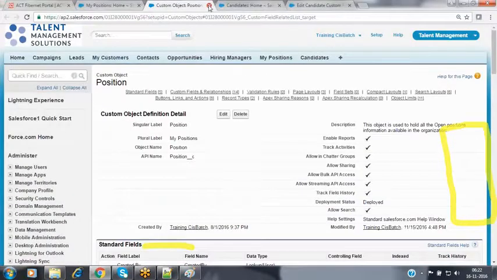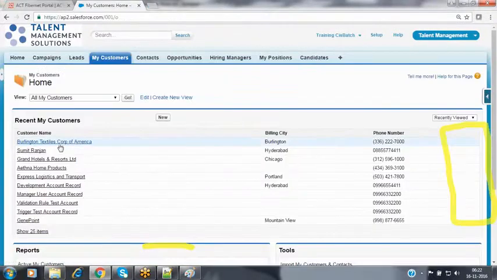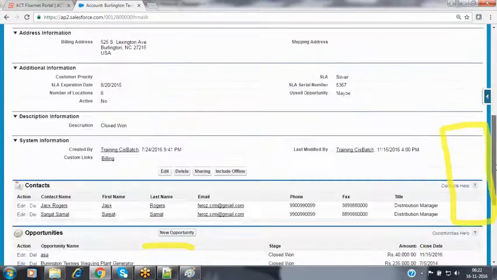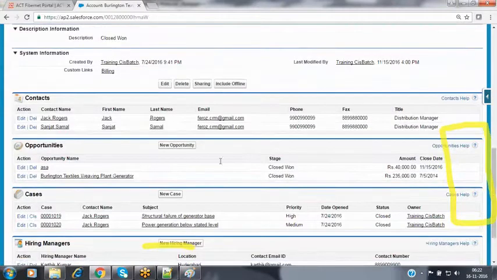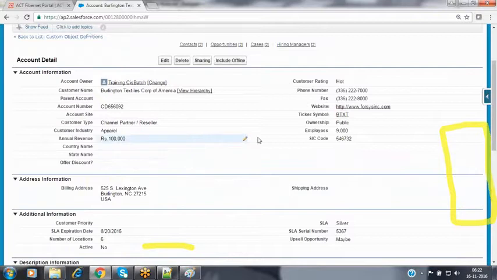Go to your customer object. Customer means our account object. For this account, multiple opportunities are available, like two opportunities here. One has an amount value of 40,000, and the second opportunity has 2,35,000. So in total we have generated some 2,75,000 rupees from this customer. Now I want to present that value inside my account record over here.